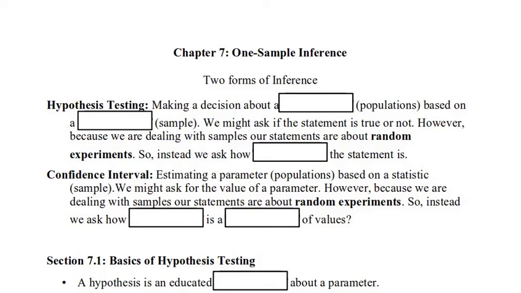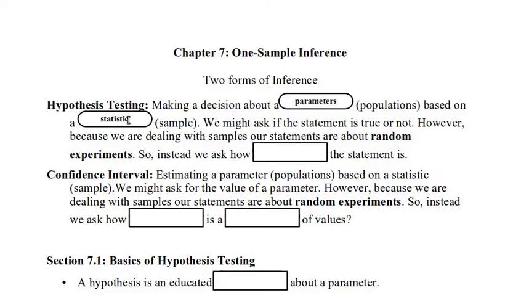Welcome to Chapter 7, our first look at inference. There's two forms of inference. This chapter will be talking about hypothesis testing. Hypothesis testing is about making a decision about a parameter, that is, making a claim about a population based on